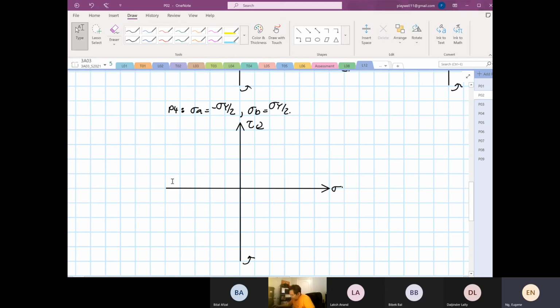Again I'm going to draw the red box. Our circle has to be within the red box. So now we know that this point over here is our stress A, and over here is our stress B. And then we draw a circle,